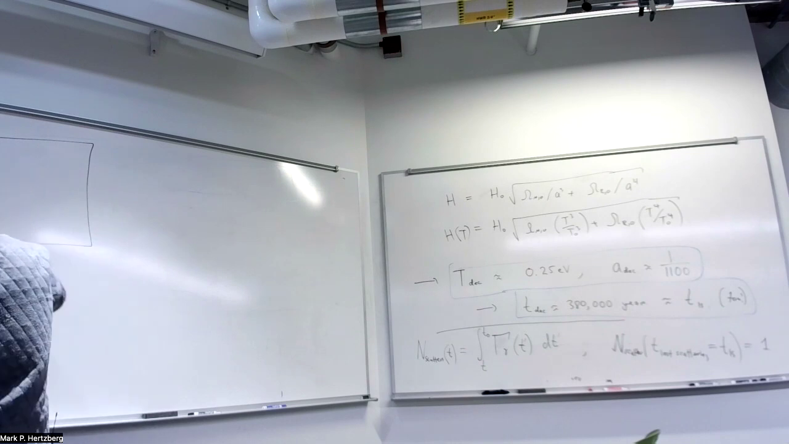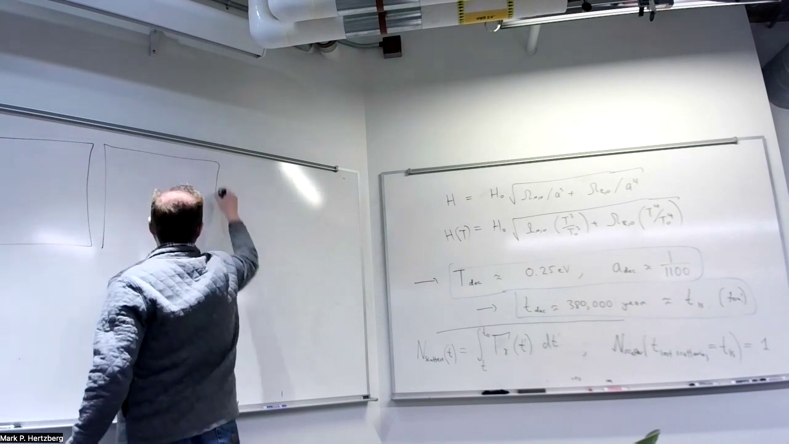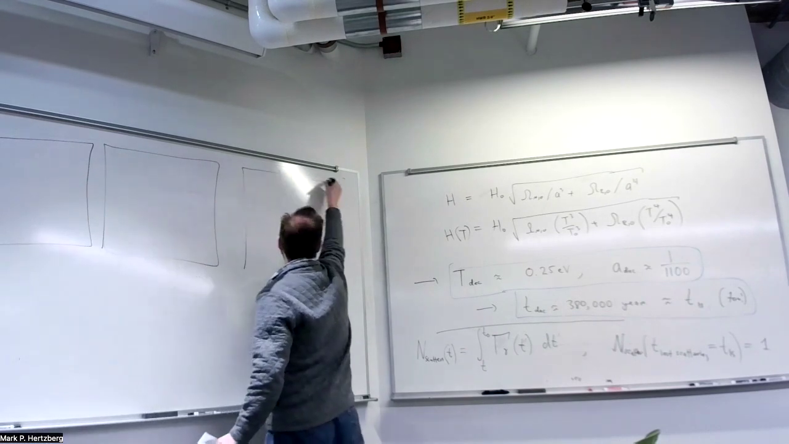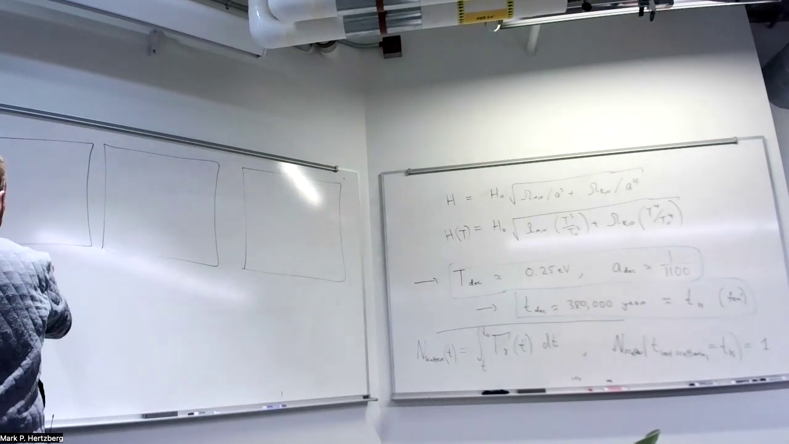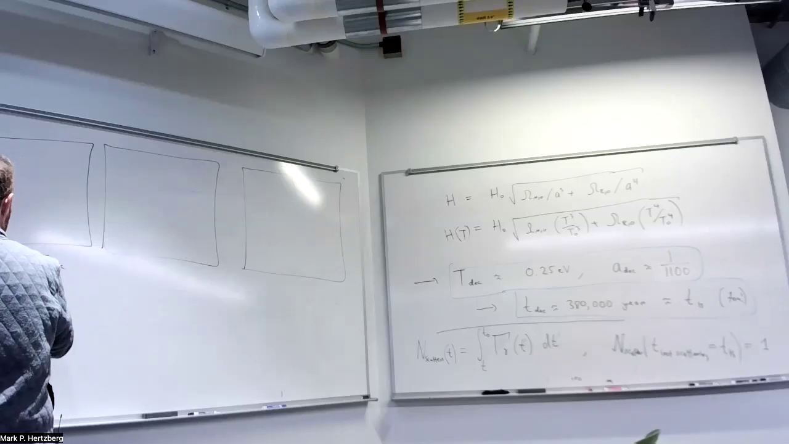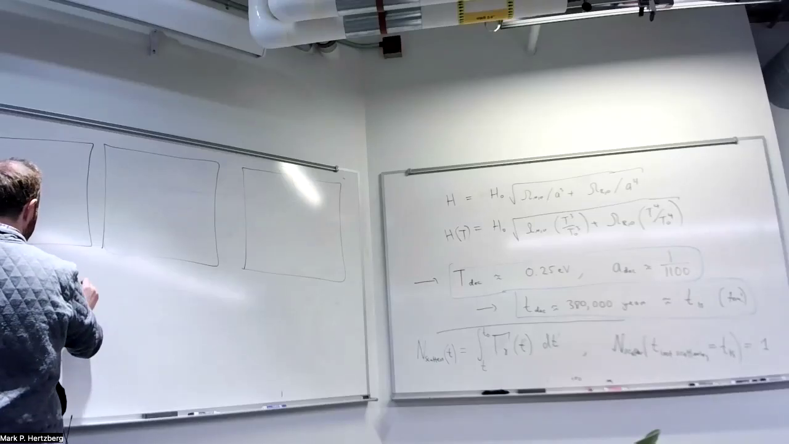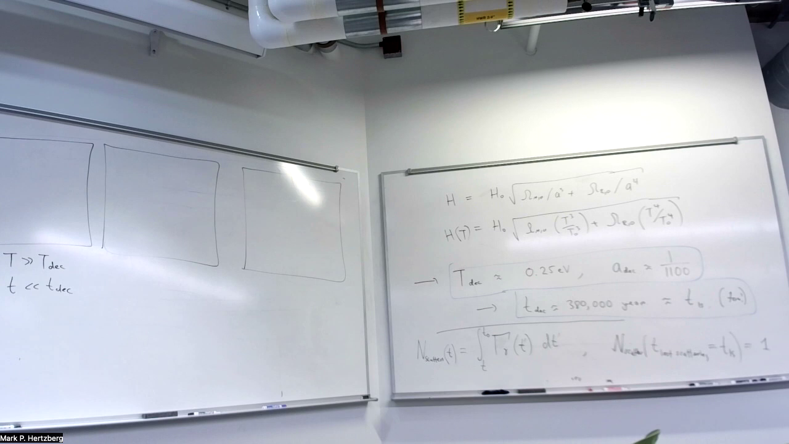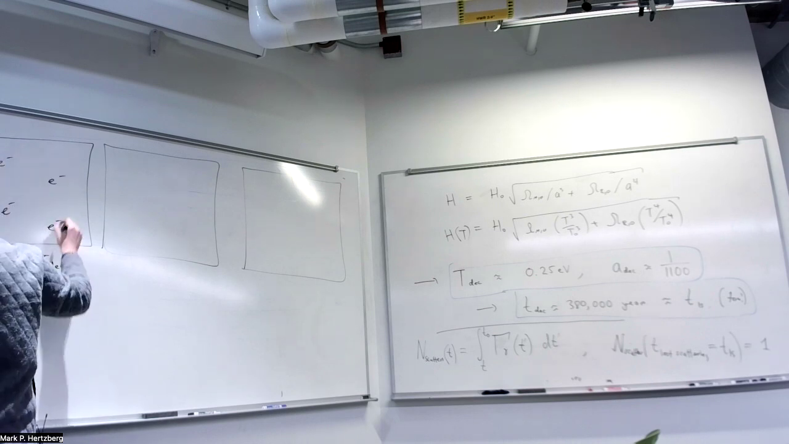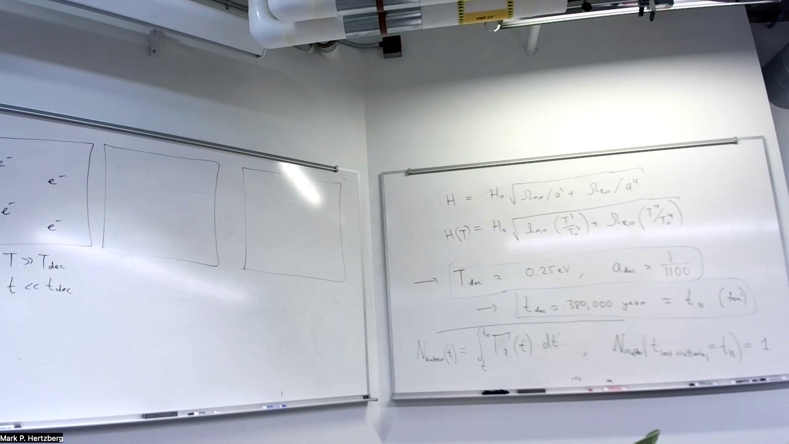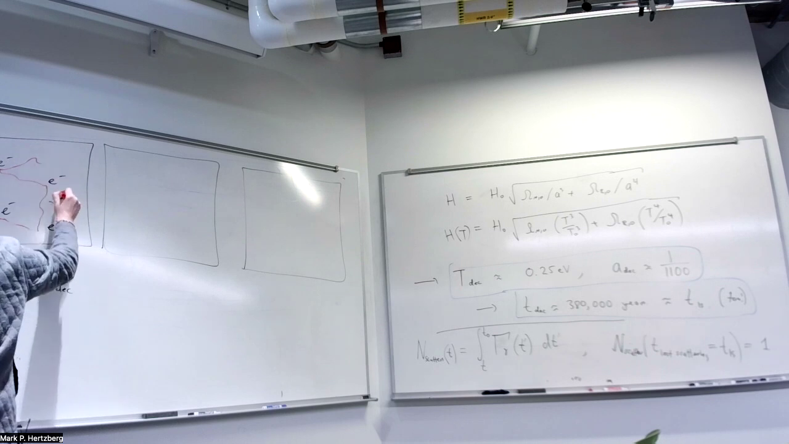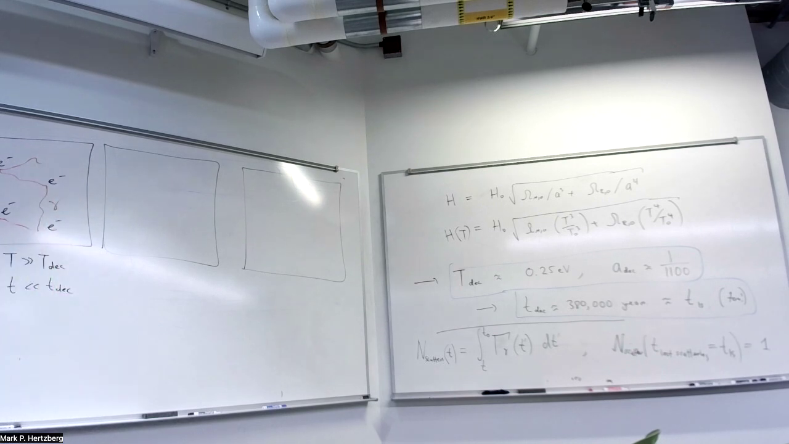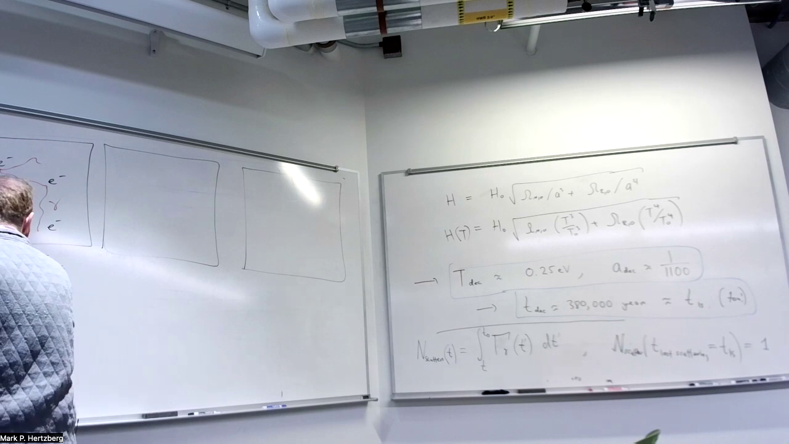So again, I'll say it one more time, just to belabor the point, perhaps. At temperatures well above the temperature of decoupling, or times much less than decoupling, which is 380,000 years, photons are just going nuts, scattering like crazy. And then at the temperature of decoupling,